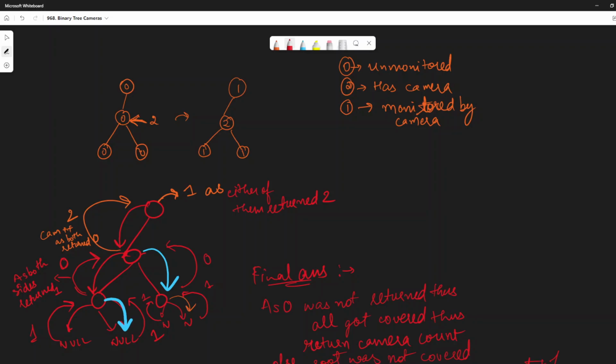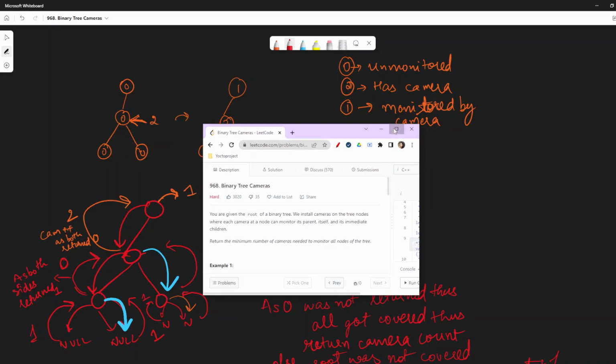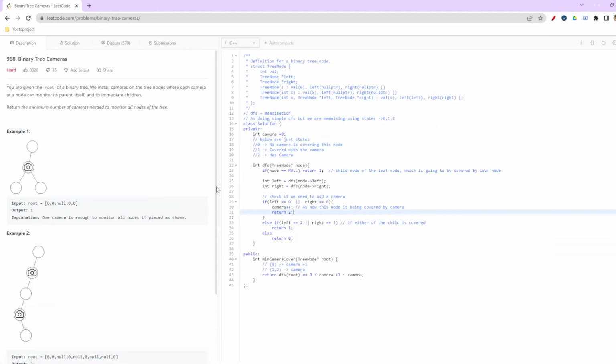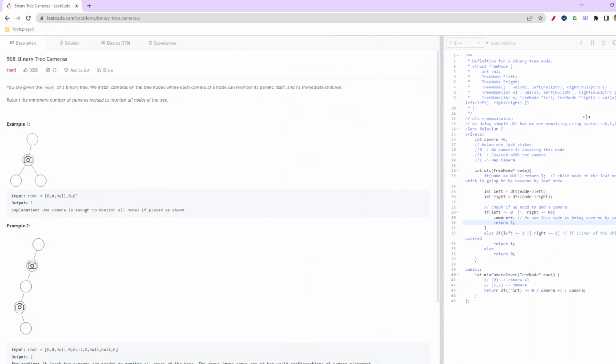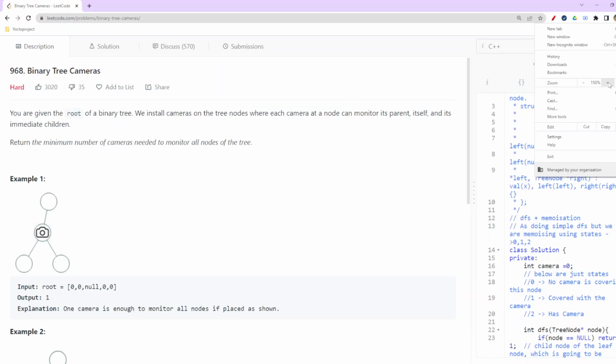Hello everyone. So today we are going to do the Leetcode daily challenge, Binary Tree Cameras. Basically in this question we are given a binary tree, and we are required to return how many cameras, meaning the minimum number of cameras, we could insert so that